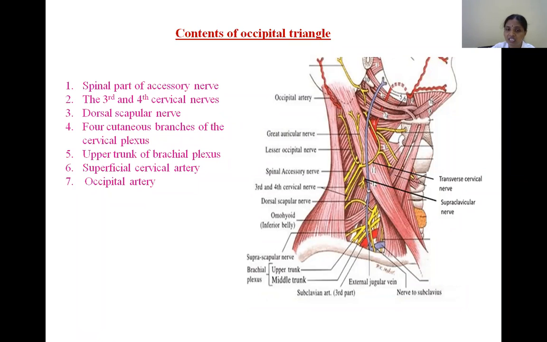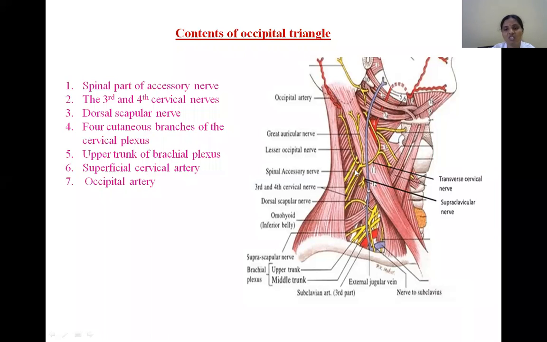So within this splitting, we can identify the spinal accessory nerve. We should see, by keen observation, whether the spinal accessory nerve is within the fascial roof. Why am I saying fascial roof? Between these two boundaries, a fascia is stretching, so that's why it can be called a roof, right? So is it within the roof or outside the roof? It must be present within the roof. This is an important structure present in the occipital triangle, right?